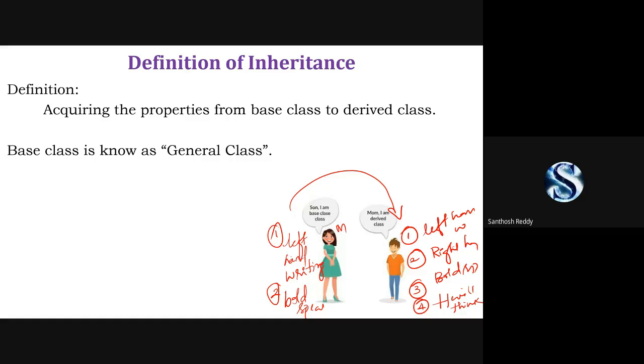Sometimes this parent we are going to call a general class. Why? Because it is a generalized class. For example, whatever common features are passed on to the derived classes, all of these we put into the general class.